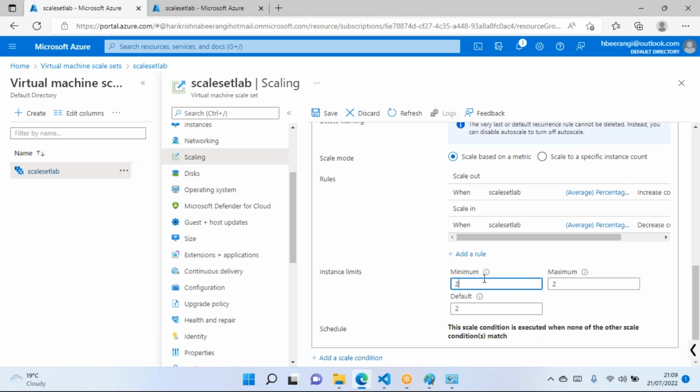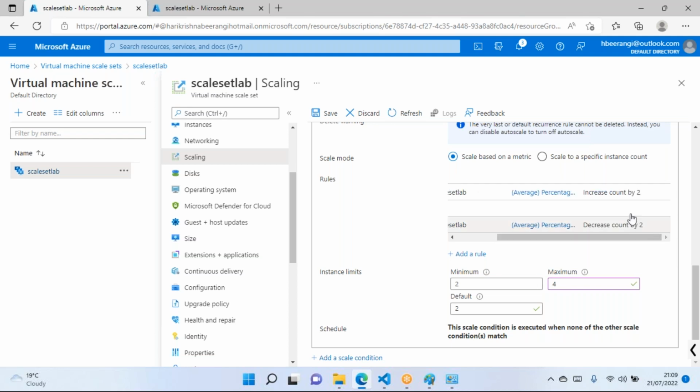Okay, instance limits. Minimum 2 and default 2, so I'm not changing these numbers. You can set the maximum count also. Let's say I'll make it a maximum of 4, because based on the conditions I have defined, at any point of time it should increase only by 2 and decrease by 2, so that I will have the right numbers here.